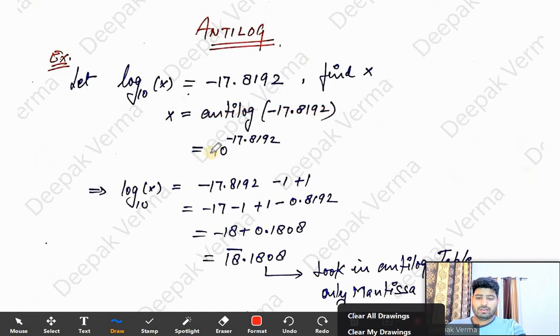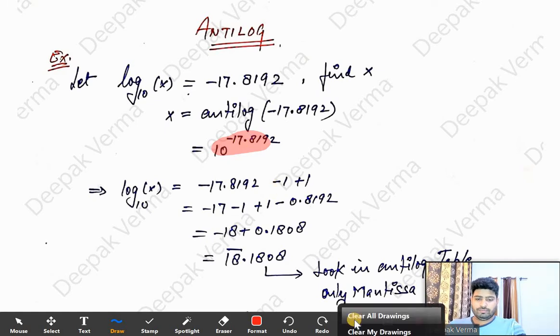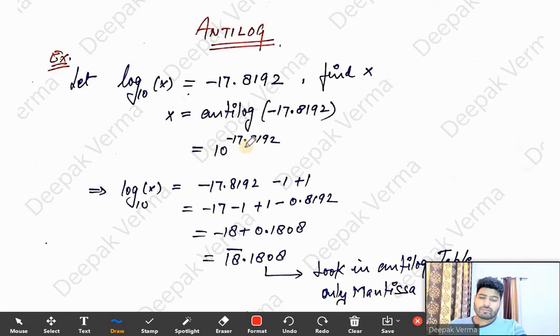So whenever we have something like 10 to the power this and we have to calculate it, we will be using antilog. Got it? Otherwise it's a bit difficult to find out this 10 to the power minus 17.8192. So whenever we have something like this, we will use antilog of the power only. Got it? Okay, now